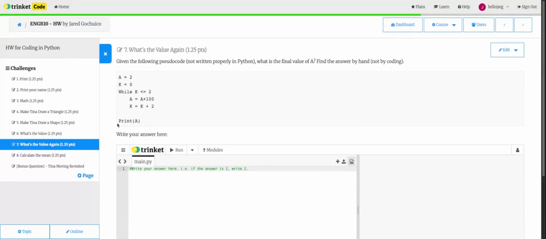Let's try this one. What's the value again? So let's try this other example of a while loop. So going through this by hand, it says find the answer by hand. So we start with these variables. While k is less than or equal to 2, so we can kind of start like,